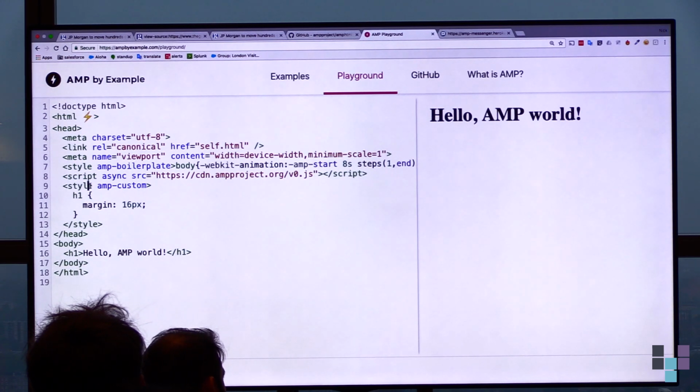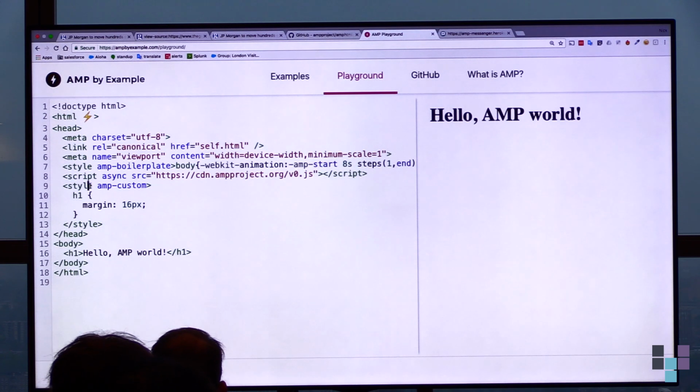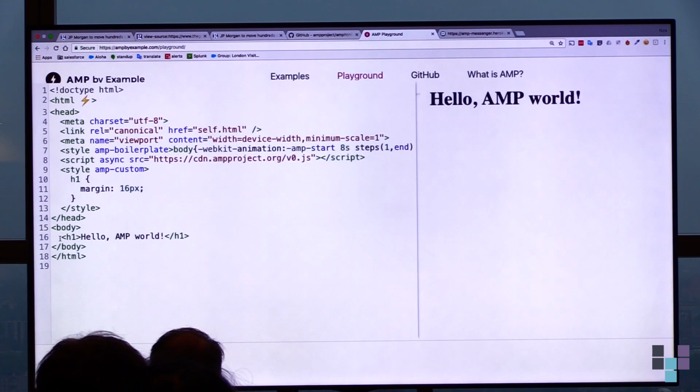Also, there's a limit to how much CSS you can use. I think it's around 80 or 100 kilobytes. I don't know the exact number. It can be a problem if you've accumulated quite a bit of CSS over time. But usually it should be fine to create a very complex website with this. And then in the body you can use normal